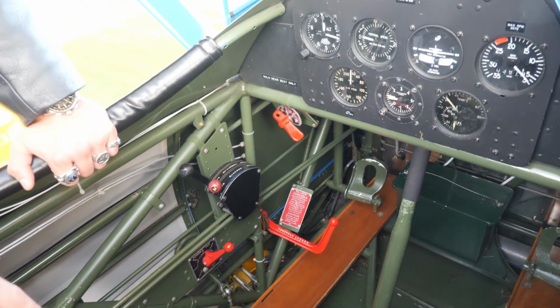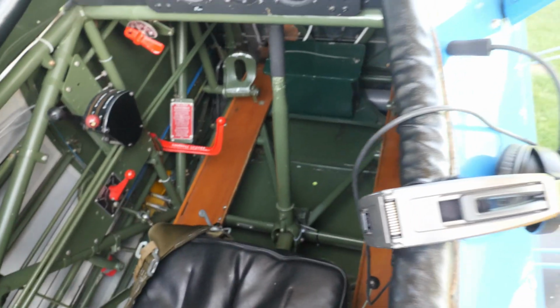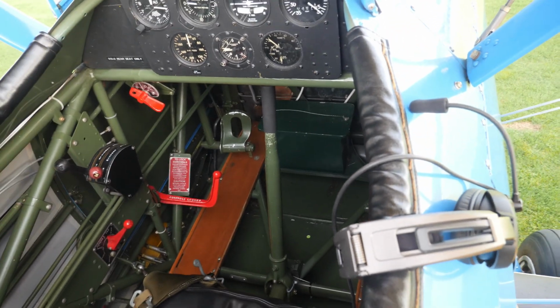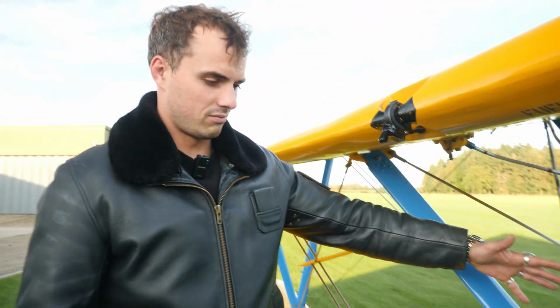I've got mags in the back, and your carb heat's under this elbow, which is nice and useful because you cannot reach it, whereas I can in the back. Oh, but your rudder pedals are obviously back there. That's what you mean, battery in the middle. Being a spacious cockpit. Yeah, it's good fun, and it's a big open cockpit, so you get lots of air through here. It's tremendously noisy, very uncomfortable after a while, but it's...